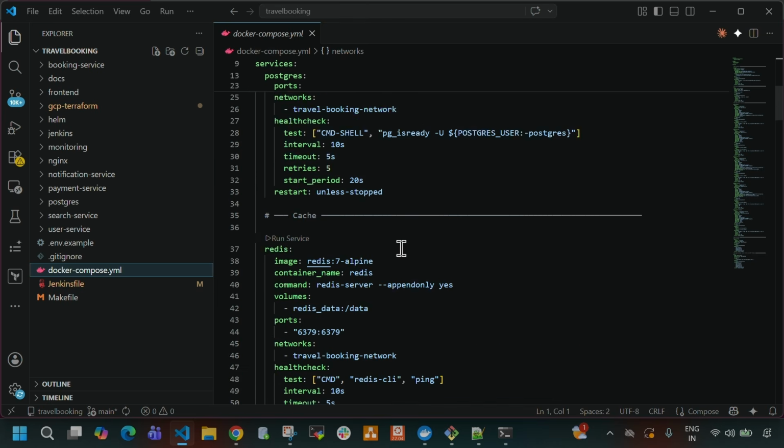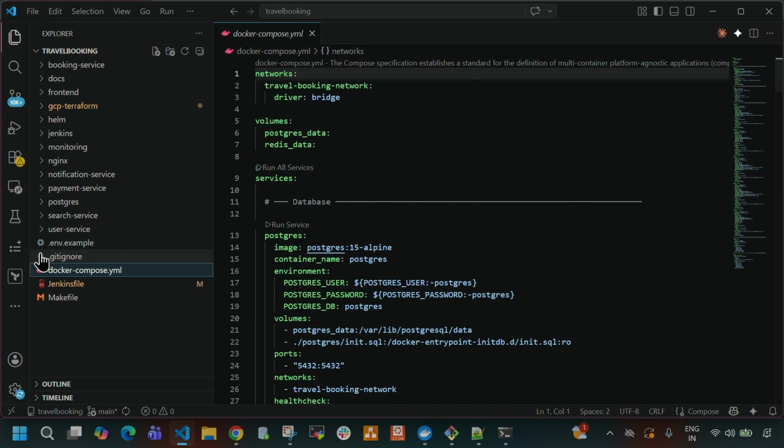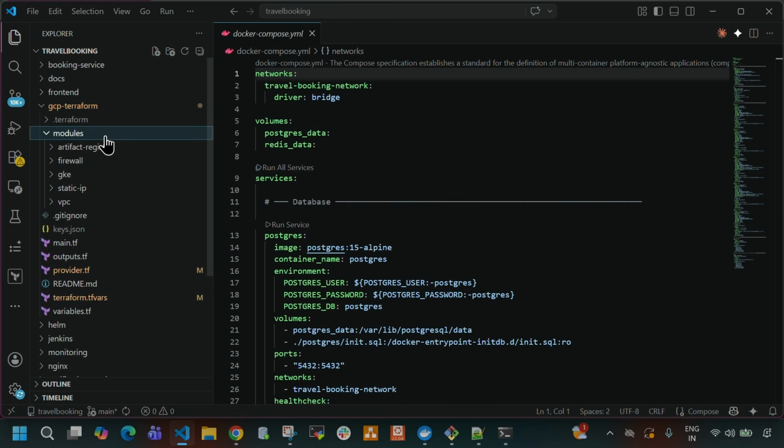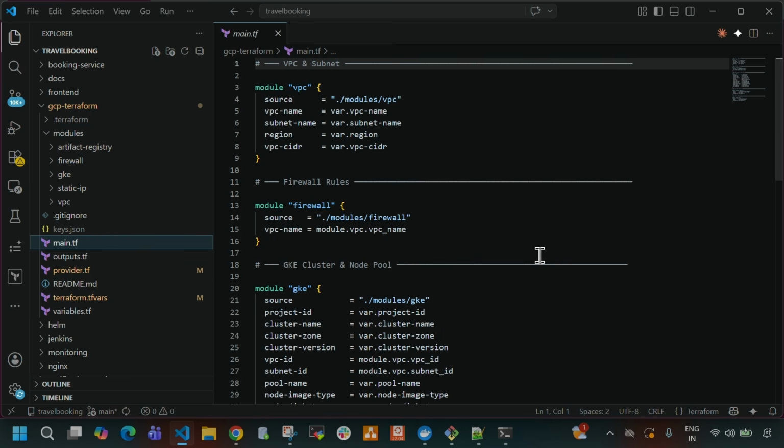So now let's discuss our Terraform scripts. Let me open GCP-Terraform. So you can find all the Terraform scripts inside this GCP-Terraform directory. So now for infrastructure, I am using Terraform with a modular approach. Instead of manually creating resources in the GCP console, we have Terraform scripts that create everything with a single terraform apply